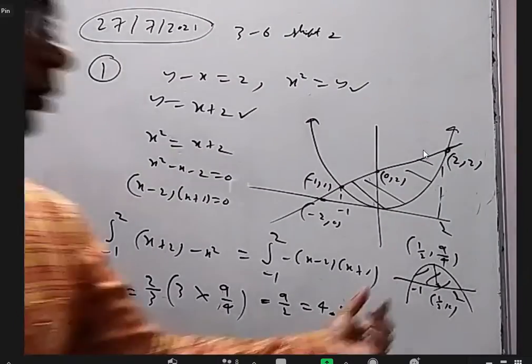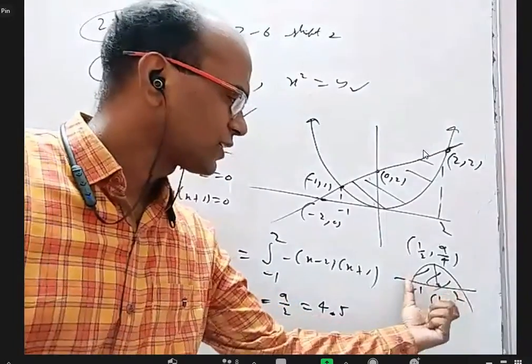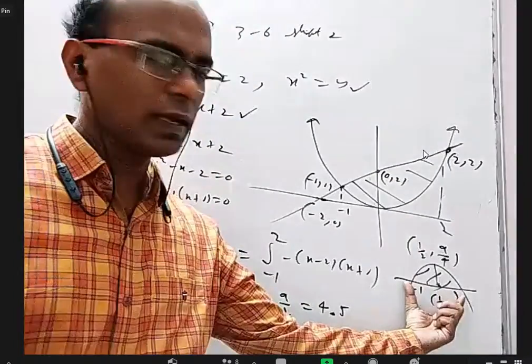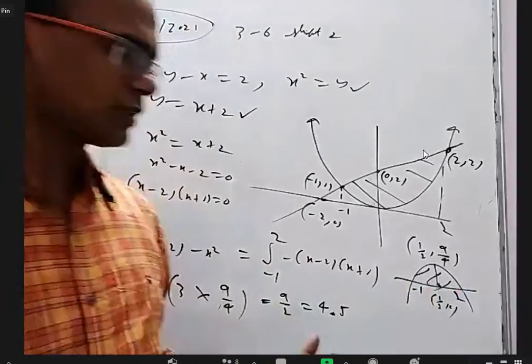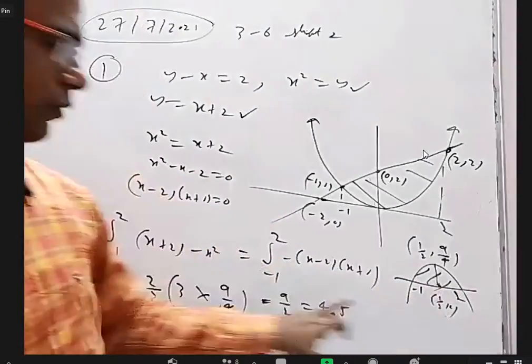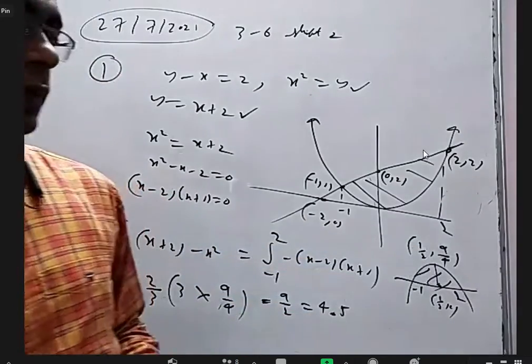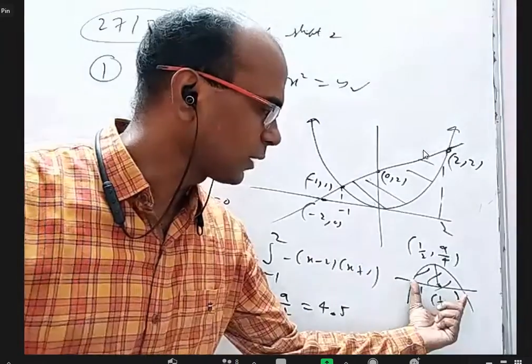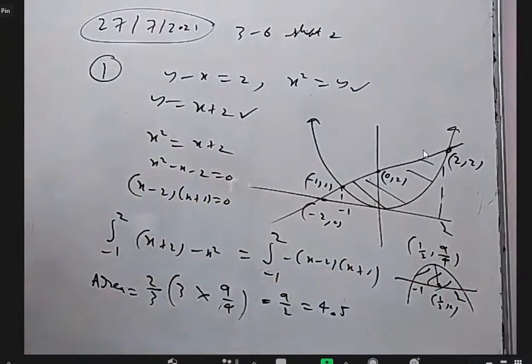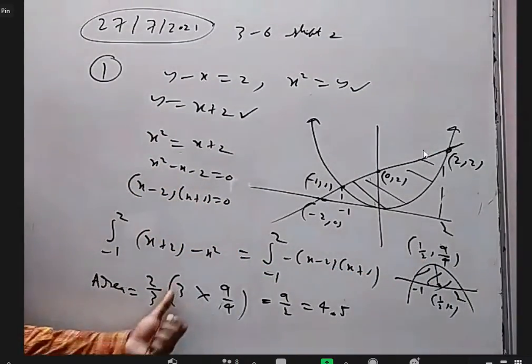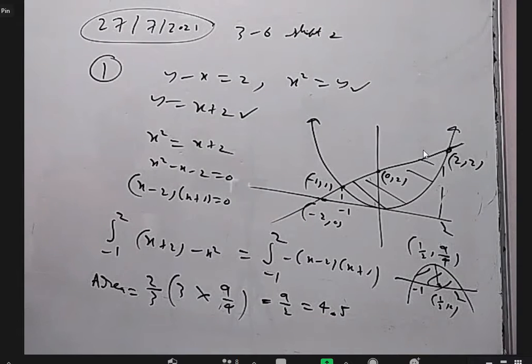So, if this is A, this is B, this gap is B minus A, this is B minus A by 2, this is B minus A by 2. This will be A plus B by 2, but when you substitute A plus B by 2 here, this height will come A minus B by 2 whole square. So, this is B minus A and this is B minus A by 2 whole square. This is B minus A and this is exactly half of this whole square will come. And we got 4.5.